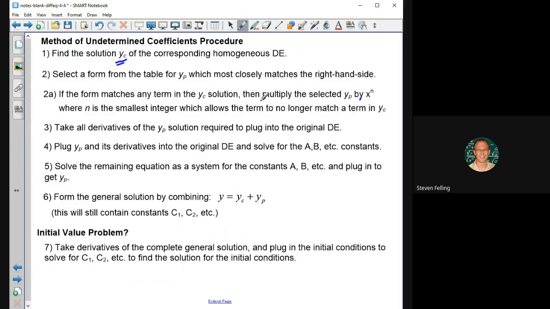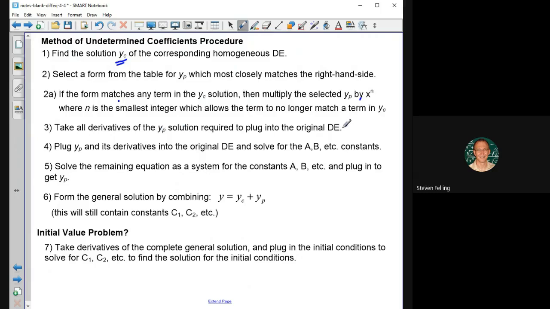Right? And it can actually be an x or an x squared or an x cubed. We take the lowest power of x that we can include, which will make that term no longer match one of the terms from the characteristic solution, from the corresponding solution. Okay, so once we have that yp, then we take the appropriate derivatives and plug that into the differential equation